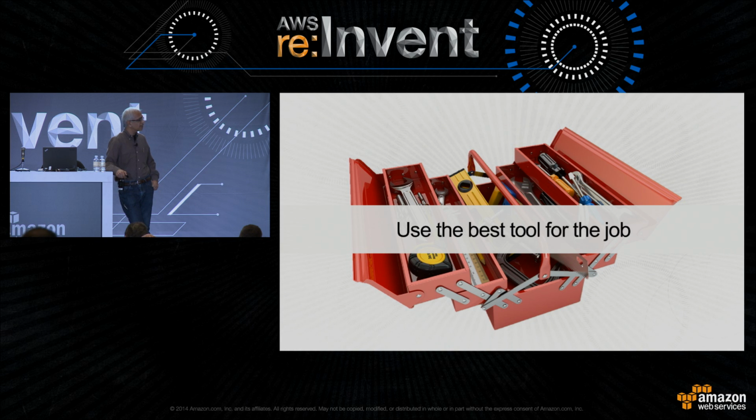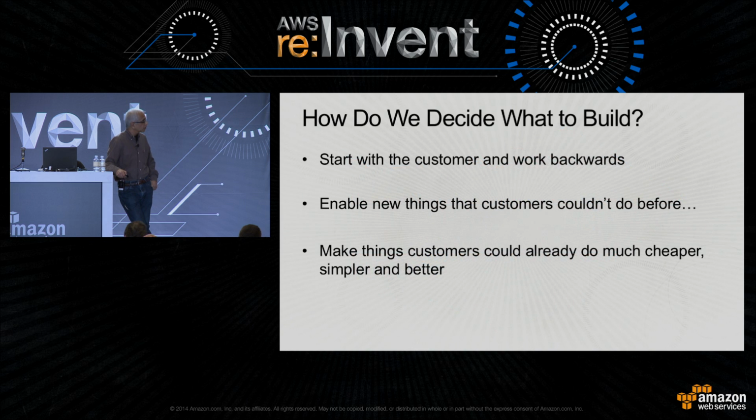So how do we think about these services, and why did we do 4 and not 10? So when we build new services, as you've heard about Amazon, and if you've been using AWS, everything at Amazon really starts with a customer. So we start with a customer and work backwards. In fact, when I came to Amazon 5 years ago, before that, at other companies that I had worked, when you were designing a new product, you developed a product requirement document, which was your rendition of what it is that the product was going to do.